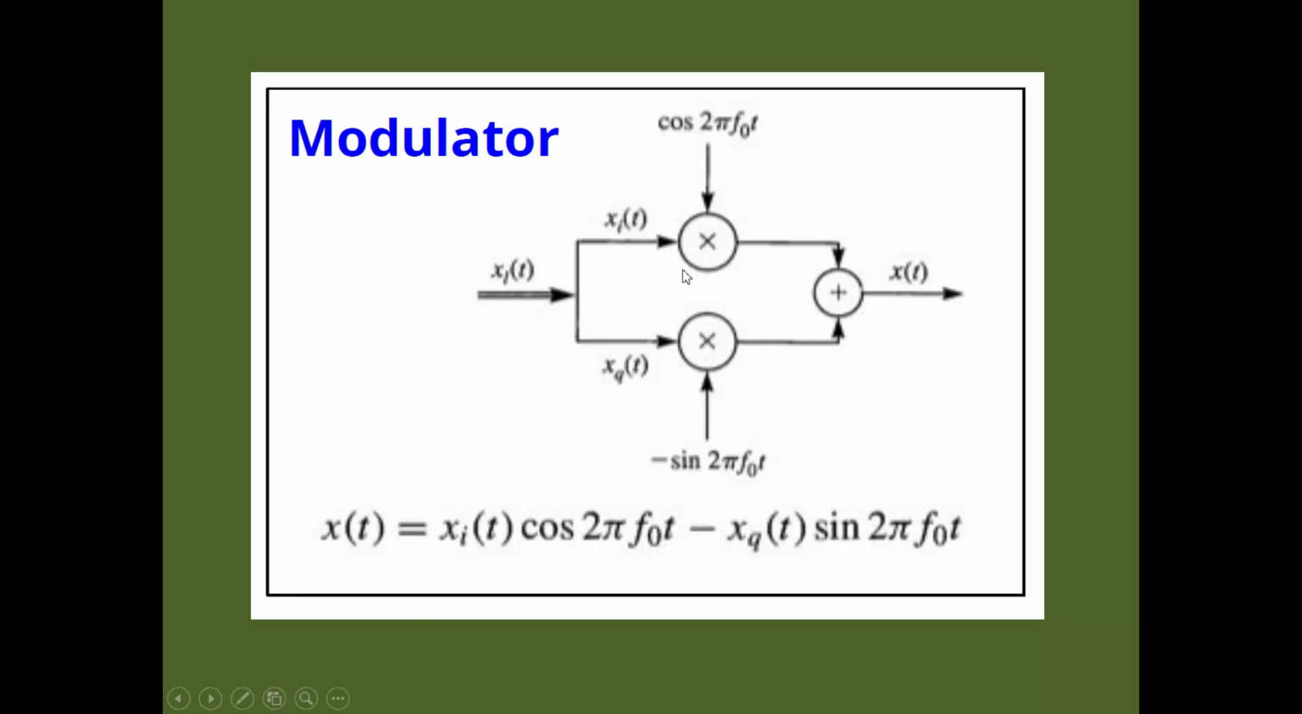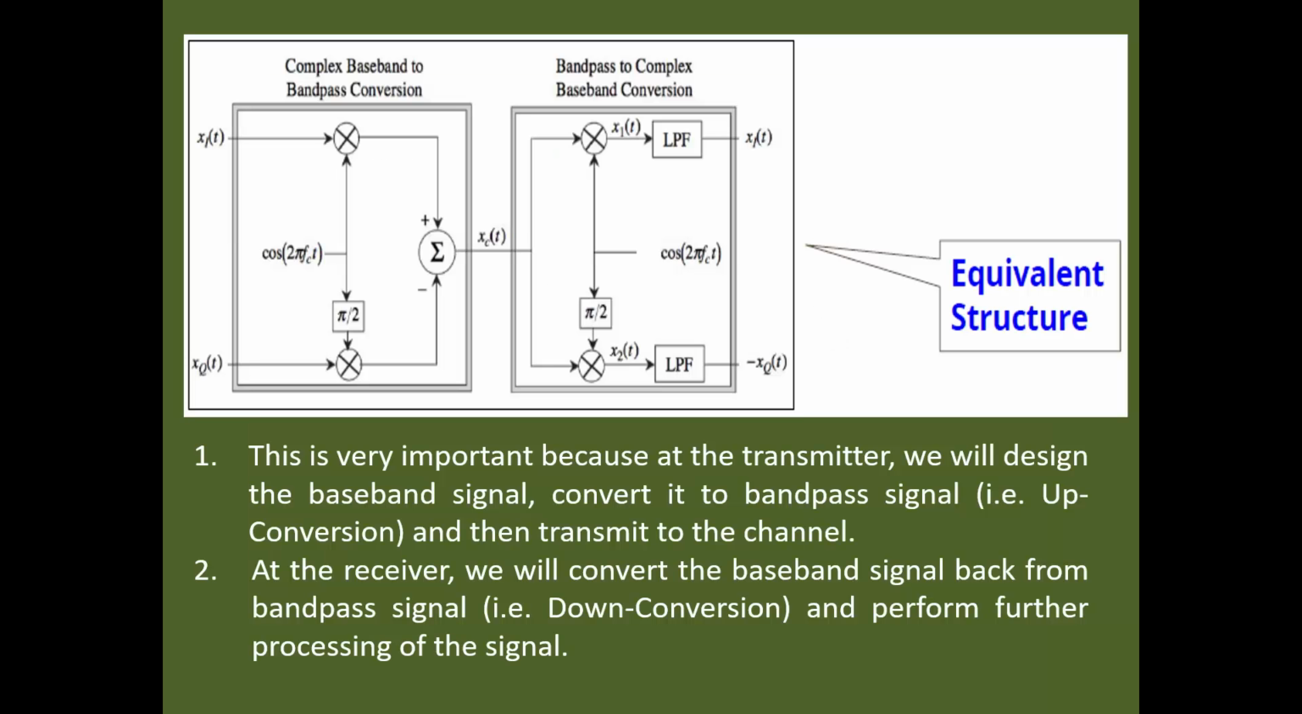So this is the modulator. I explained in the previous lecture how the modulation will be done. This is the low pass signal. The low pass signal is multiplied with the carrier, right? And then we obtain the band pass signal and we transmit it onto the channel. This is the block diagram of a modulator and complex. And in the previous lecture, I also explained the complex baseband to bandpass conversion. So this is the general